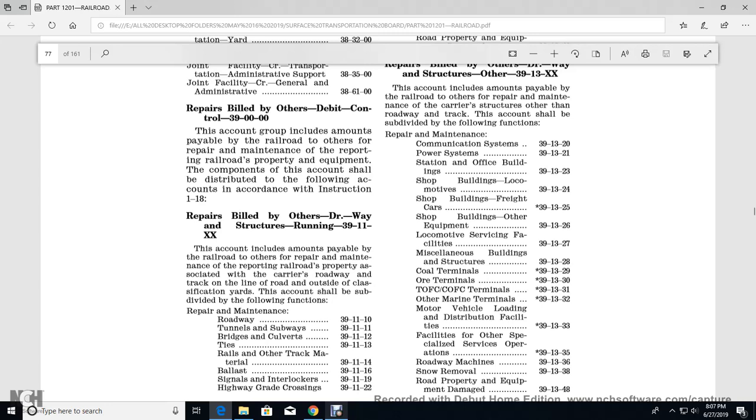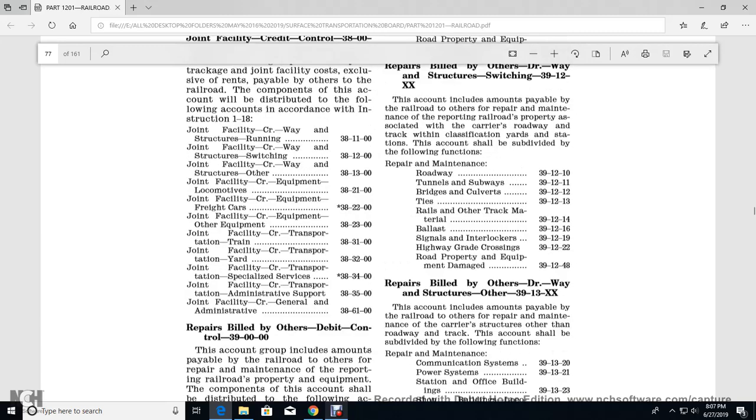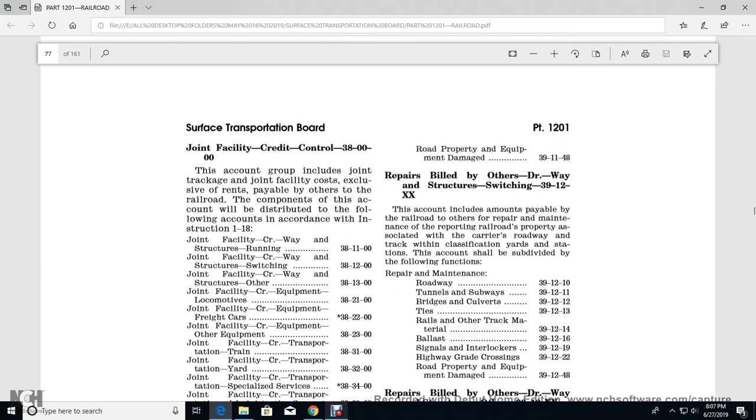divided into the following functions: railway maintenance, road, tunnels, subways, bridges, culverts, ties, rails other than track materials, ballast, signal, interlocking, highway grade crossing, road property equipment, and damage repair bills other than debit, way and structure switching, 3912 XX. This account includes the amounts payable to the railroad for repair and maintenance of the reporting railway property